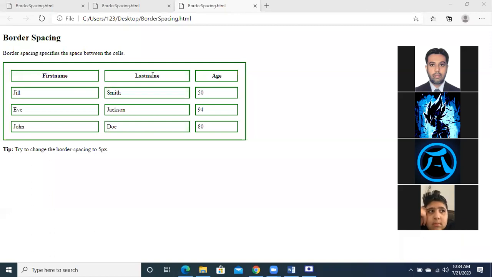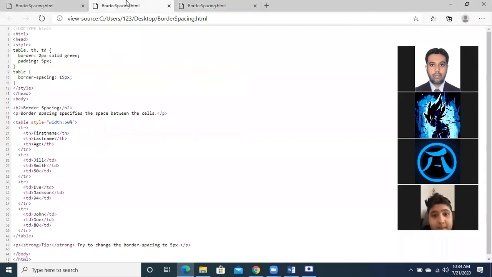There is a distance between the text and the border of the cell. So इसमें भी फासला है और एक वो फासला है जो cells के दरमियान फासला है. So basically these are the two terms. Now if you see the coding, border spacing is 15 pixel और यहाँ पर अगर हम देखें padding is 5 pixel. अब एक एग्जांपल लेते हैं, हम padding को increase करते हैं.